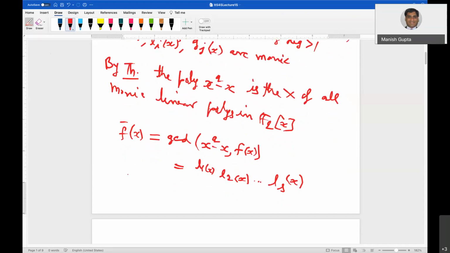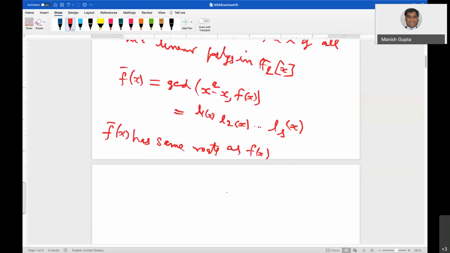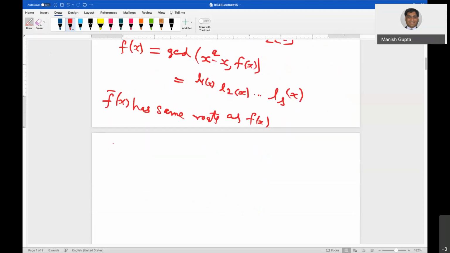So f bar of x has the same roots as f(x). So in other words, since f(x) and f bar of x have the same roots, I can assume, without loss of generality, that